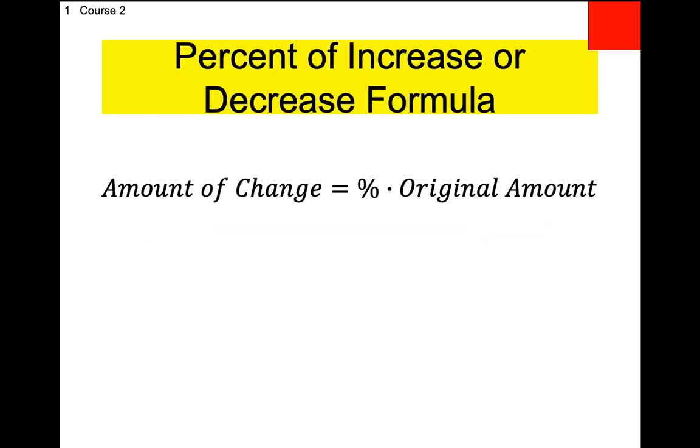This is the magic formula. Doesn't it kind of look like the formula from yesterday? Because it is, pun intended. It just doesn't have the words is and of anymore. It's going to have amount of change. But there's still one of. But wasn't the of on this side yesterday? Amount of change is equal to percent times the original amount. Believe it or not, this one is an easier formula to understand than yesterday's, because yesterday you can mix up the is and the of. But this one, hey, original amount, nobody screws that up. Nobody screws up percent. The one you screw up is amount of change.